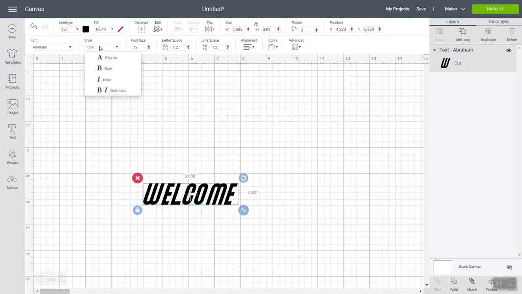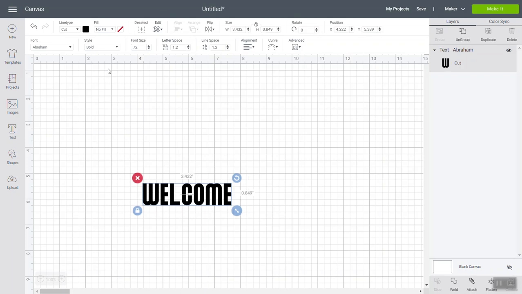I'm actually going to put this back to bold because for the purpose of the demo, the bold straight is going to look a little bit better. If you need to move the letters closer to each other, you use your letter space. And notice how it's squeezing them a little bit more. The line space would be applicable if we had a full sentence, which we're not doing. You have your alignment. That doesn't make sense right now because it's a single text box, and then you have